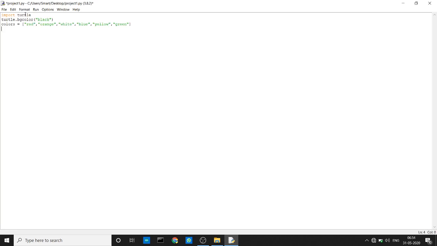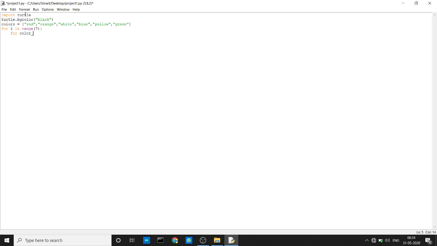Then what we have to do is run a for loop for i in range. Let me see, this for loop I would like it to run say 7 times. Okay, and what we have to do is inside this for loop we have to create another for loop which is